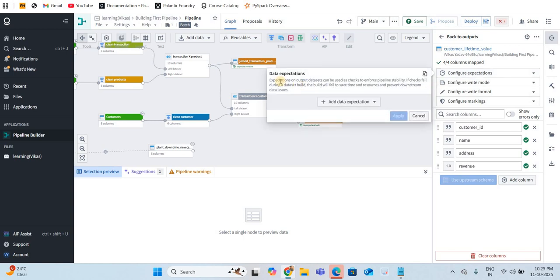So now let's see what the data expectation is. Data expectation on an output dataset can be used as checks to perform pipeline stability. So whatever pipeline we are building, we write data expectations just like, suppose we have a column that is a primary key, and the primary key should not have null or duplicate values.